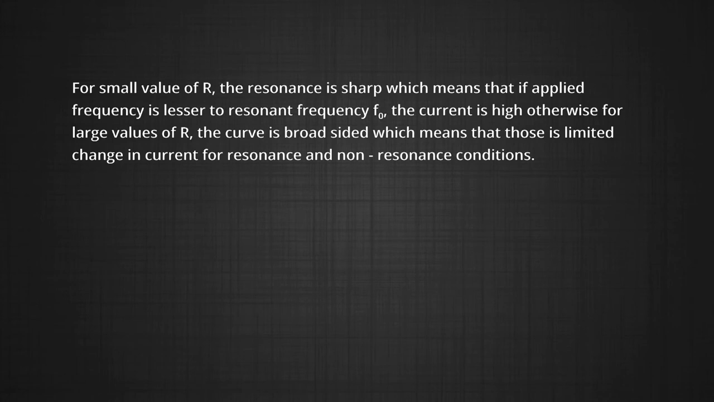For a small value of R, the resonance is sharp, which means that if the applied frequency is close to the resonant frequency f naught, the current is high. Otherwise, for large values of R, the curve is broad, which means that there is limited change in current between resonance and non-resonance conditions. So, what we have covered today in this module is the LR circuit, CR circuit, LC circuit, LCR circuit,